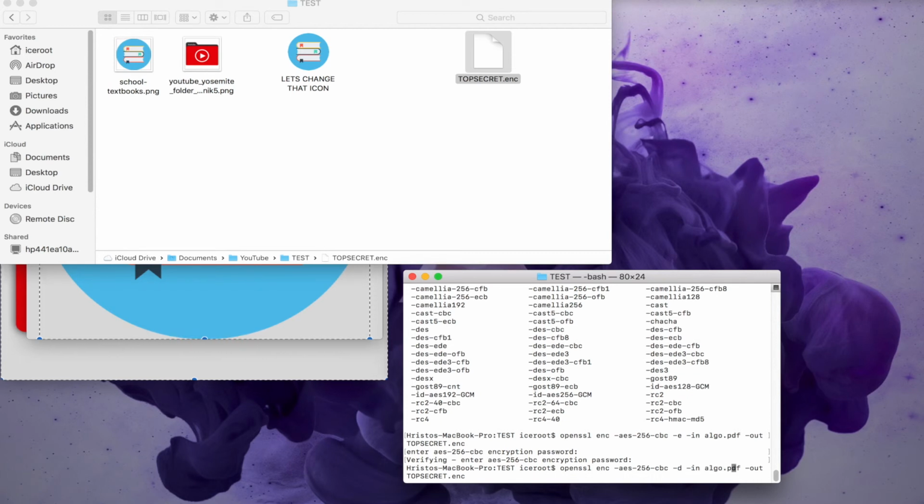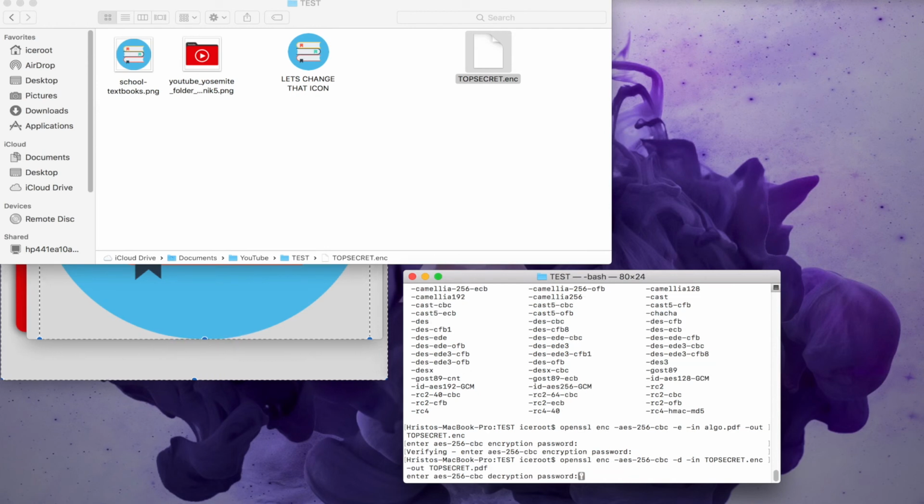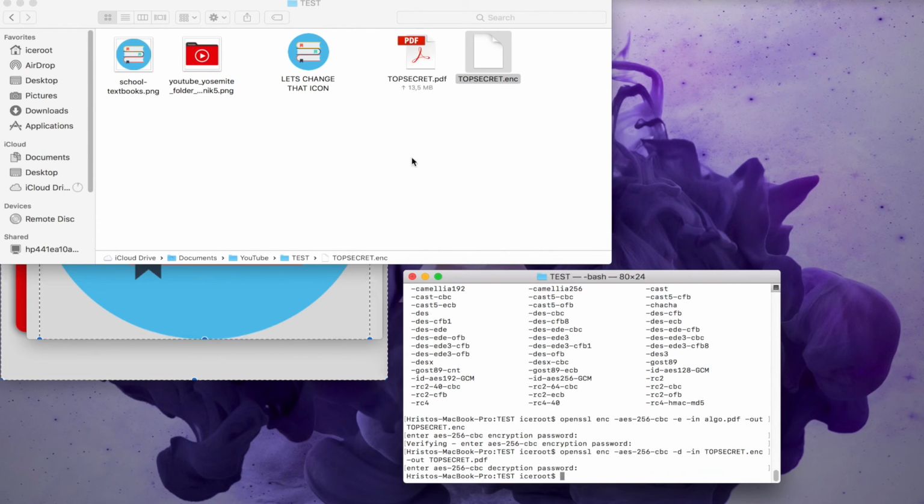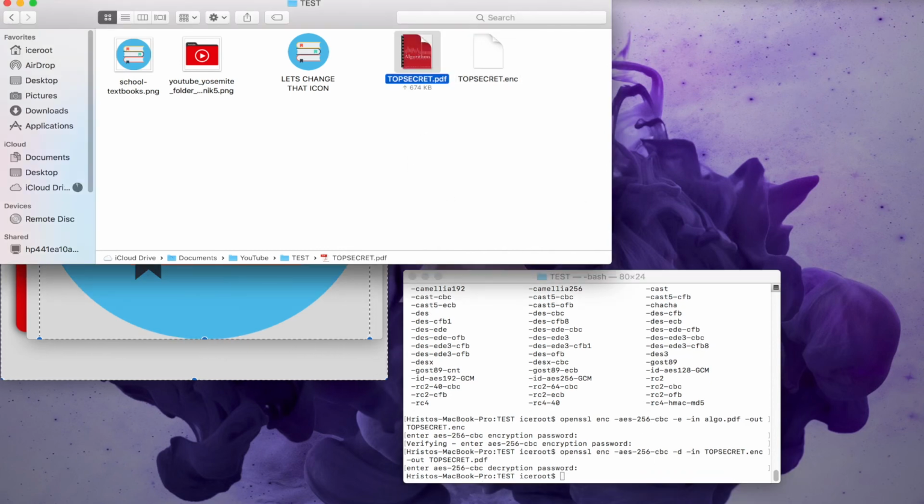The file that you will decrypt is the input, in this case top secret.enc, and you need to put the output, and let's say it will be top secret PDF. You type your password, and here you go. Now you have your file back, and